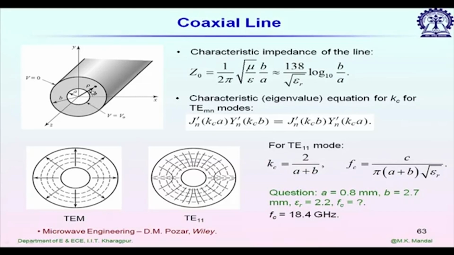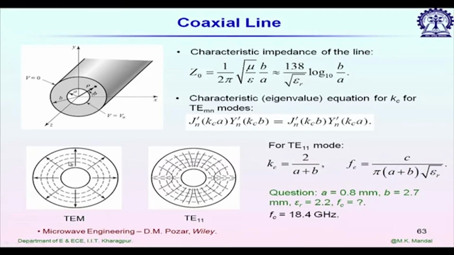If you look at the field diagram, this coaxial cable, it can support TEM as well as TE and TM mode, but for TE and TM mode we have cutoff frequencies, and below cutoff frequency we have only the TEM mode, and this is the field diagram for TEM mode. So, electric field, it starts from the central conductor and terminates at the outer conductor, and magnetic field, it encircles